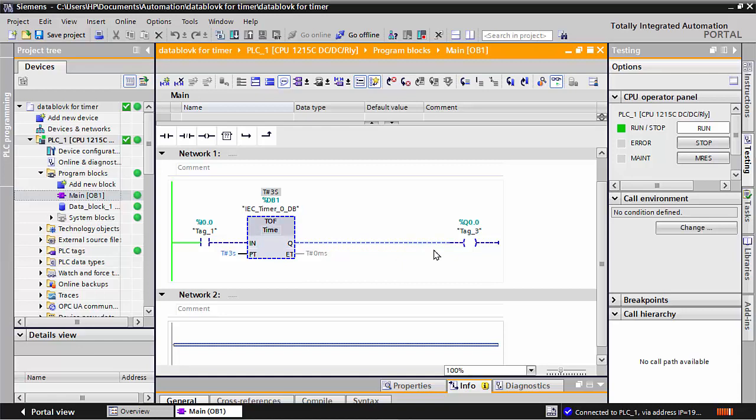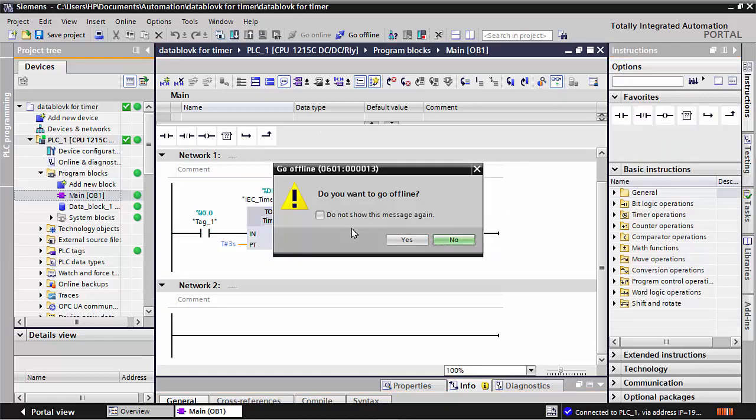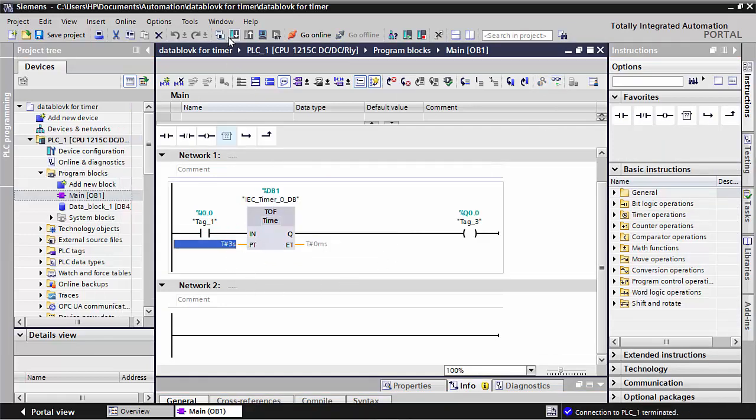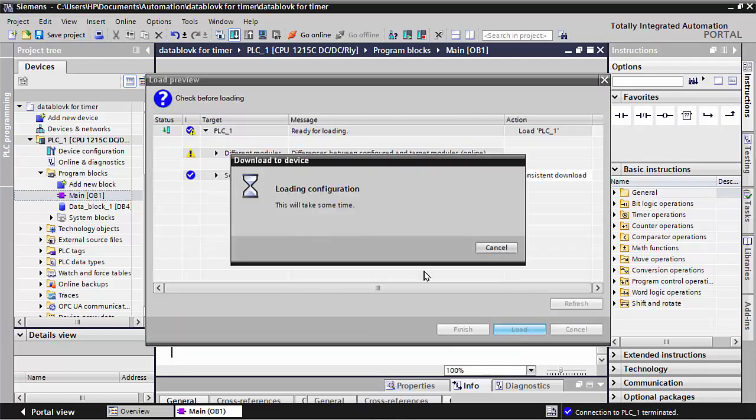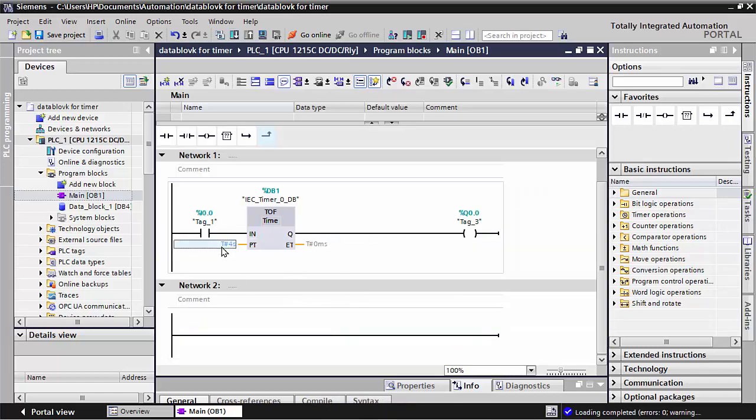But in this command, the timer is working, but the time is only settable in the program. If you like to change this time, you have to stop the simulation here, write the next time, how much, 4 seconds or 3 seconds, and after that you have to download the program again. After that you can change the time here in software, but in case we need to change that time multiple times